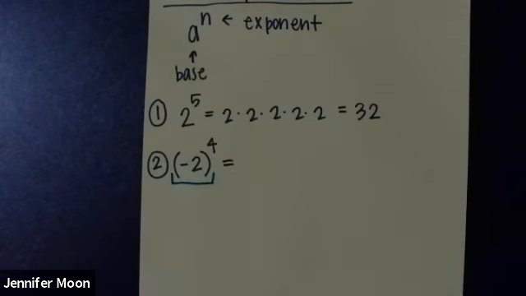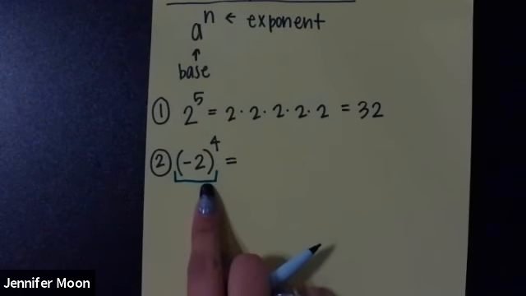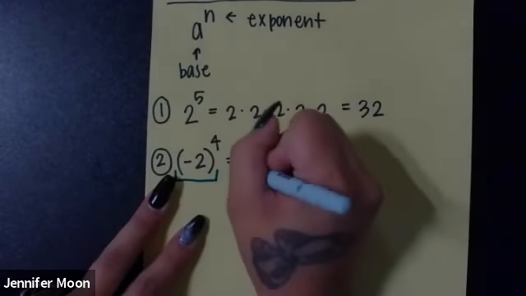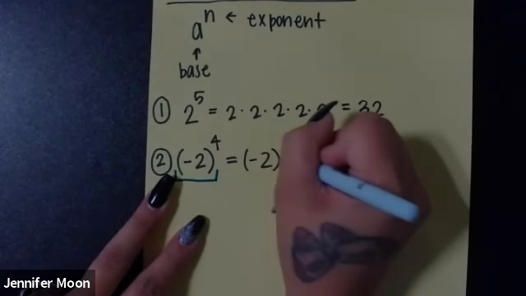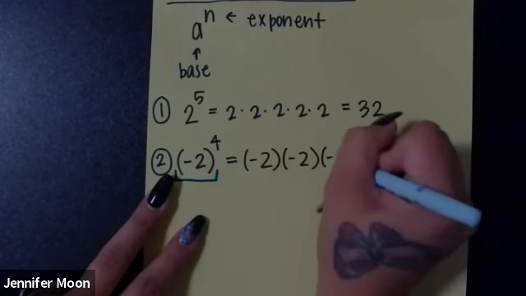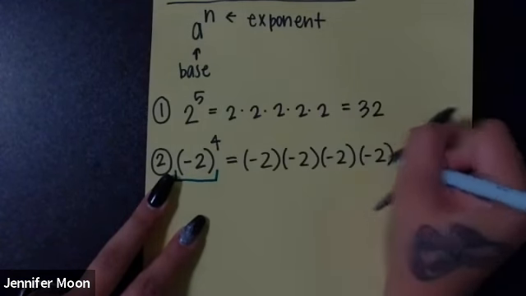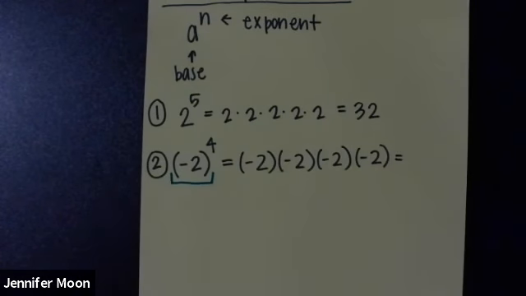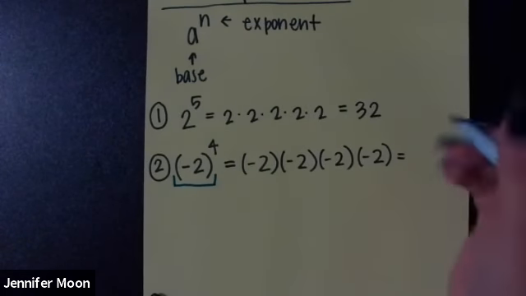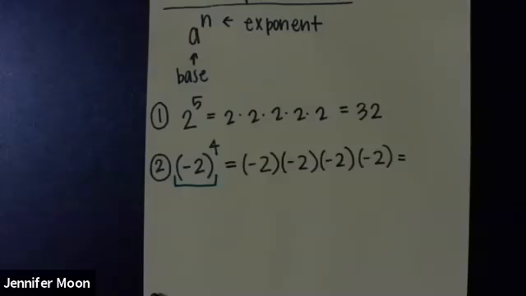So this is where you would want to use parentheses, okay? In your calculator, you should have a parenthesis button. You would actually want to put it in parentheses. So let's go ahead and look at this because the next example is going to show you why this is so important. I'm actually writing -2 in parentheses next to itself 4 times because everything just touching implies multiplication. So y'all, I'm just going to do the numbers first and then we'll look at the signs